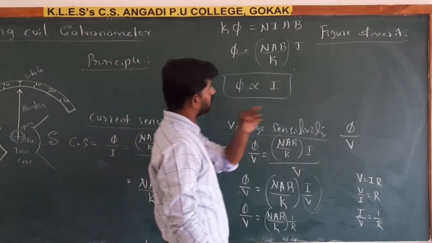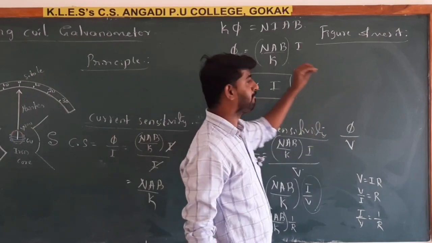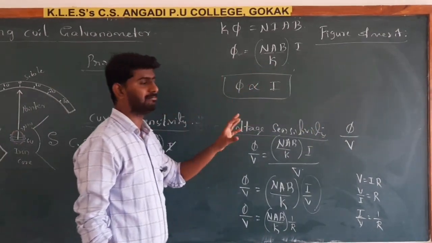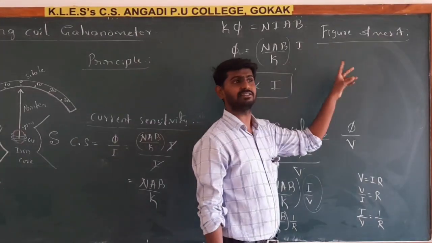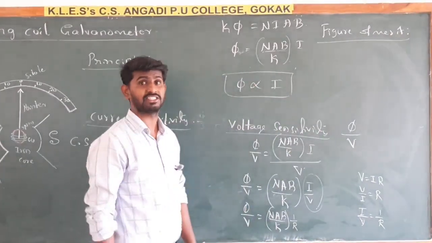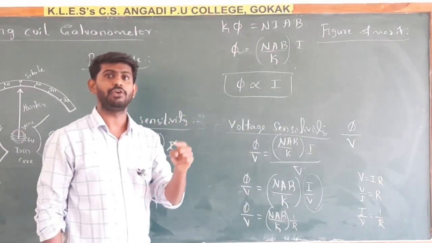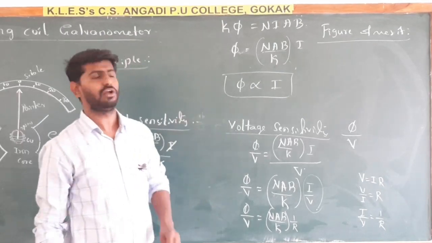Okay. So what is figure of merit? It is an important term related to the galvanometer. That is, how much current is required to produce unit deflection in the galvanometer? For example,